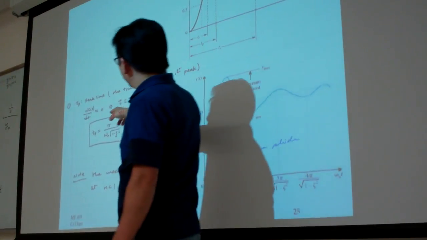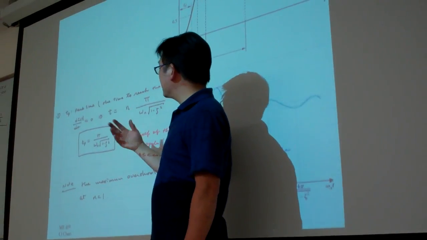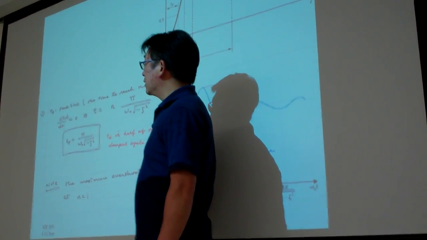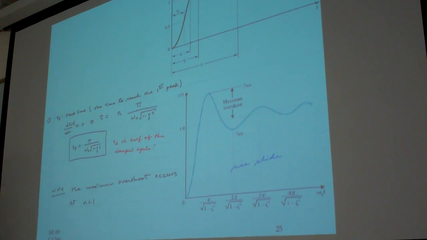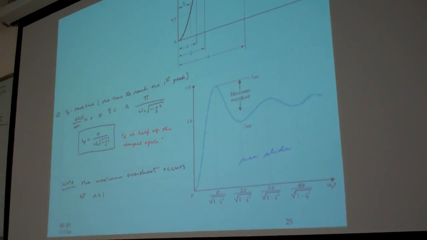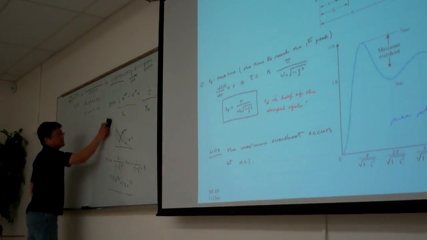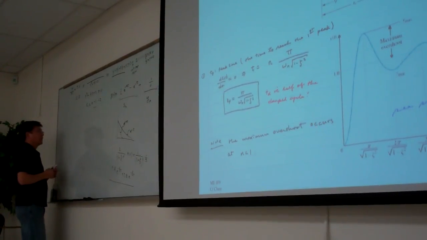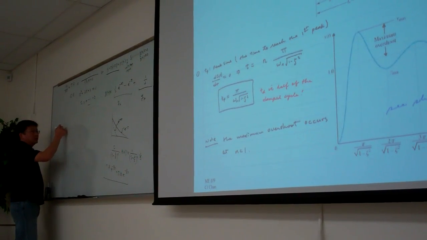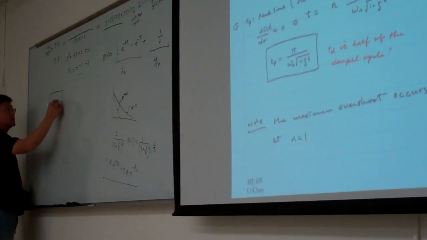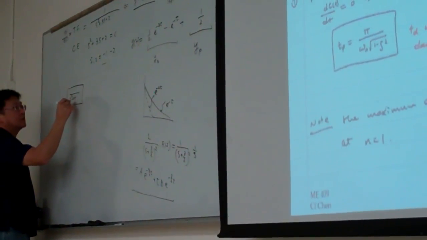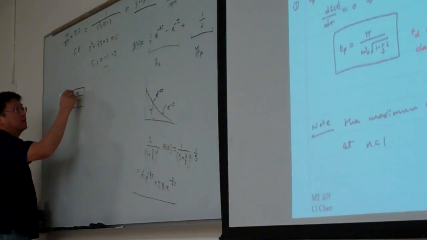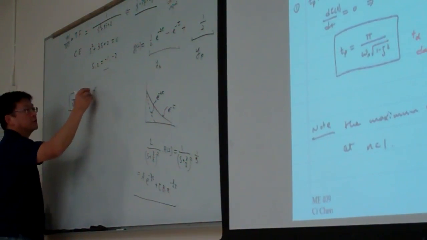So if you repeat that, this formula should be based upon the parametric formulation. What is the parametric formulation of C? If you remember from the beginning of our lecture, we have the transfer function s squared plus 2 zeta omega n s plus omega n squared, and then we come into the